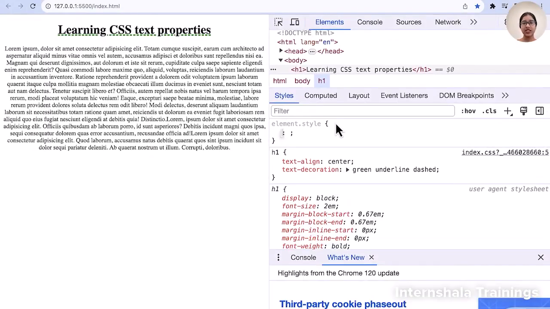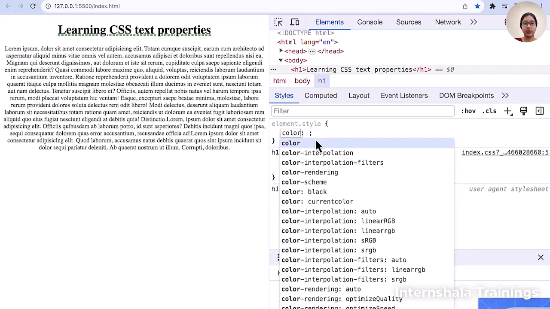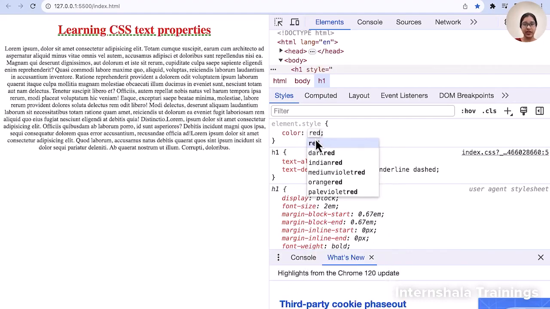For any property that you want to apply and test, you can type here and test your properties. Like if you say, I want to put the color of this as red, you can put it here in text. This is not the final CSS, but for testing, you can apply the styles here and test. Once you refresh, this will go. This is just to test, and then the final one, whatever you are satisfied with, you can add